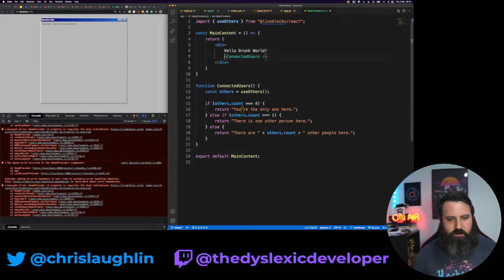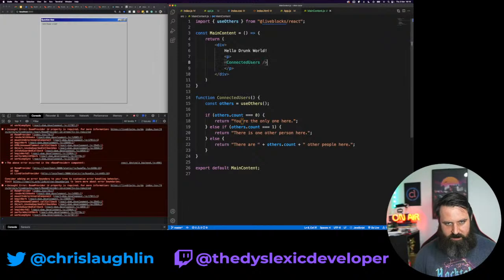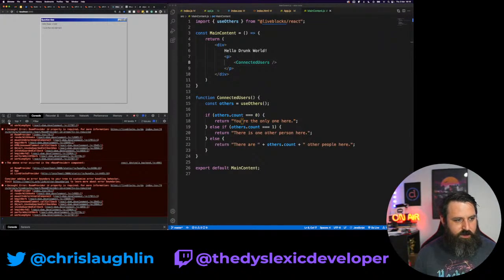I guess we could probably wrap this in a div or do something. I have to style things. I hate styling things. I just want to write JavaScript. Let's just do the lazy way. Wrap it in a p tag, because that'll give us our spacing for us. Sure, who cares about semantic HTML anymore? So this is all good.